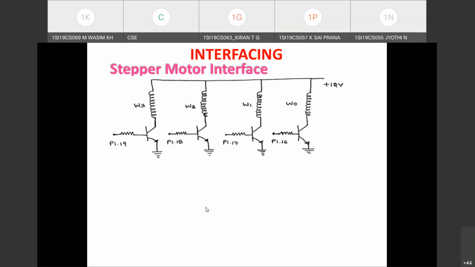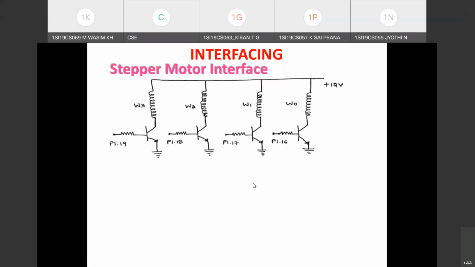So which are those 2 pins which we had used? Port 0.15, right? Port 0.15 for sending out the data bits, and port 0.2 for applying the clock pulse. Whereas in the stepper motor, these are the 4 pins we are using, and what these pins are used for, we'll see with the example rotation of the motor in later slides.